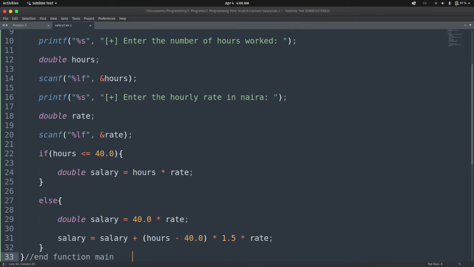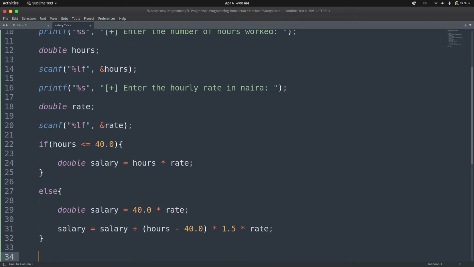All right, so now we can finally print out the salary depending on whether it is on the first case or on the second case. So we can now print out the salary. So print format, we have the salary is, and then we just print out the salary. We have declared salary as double, so we can have LF,